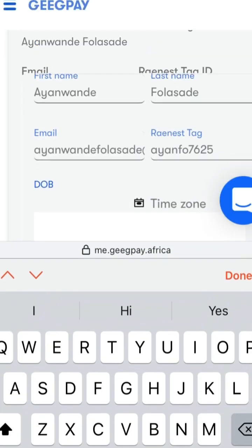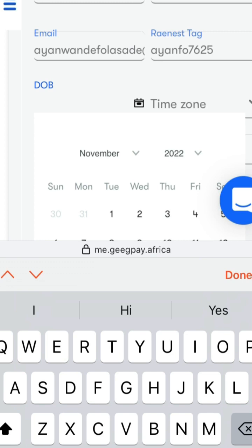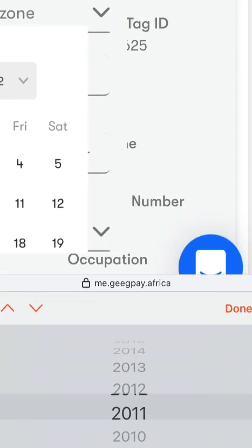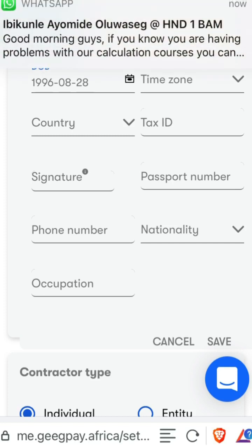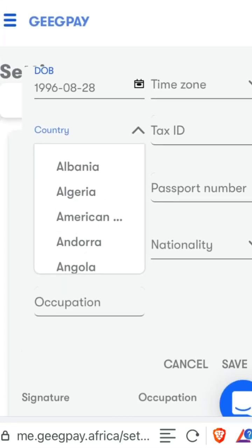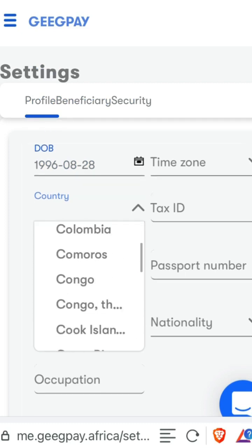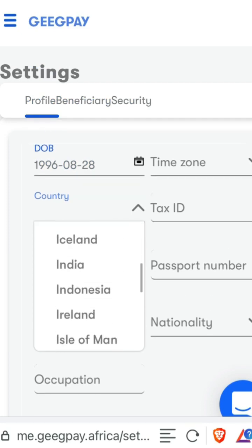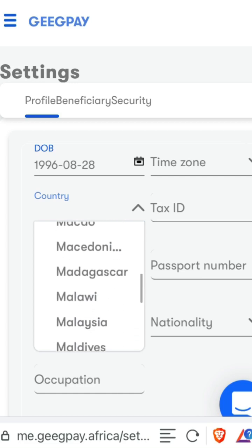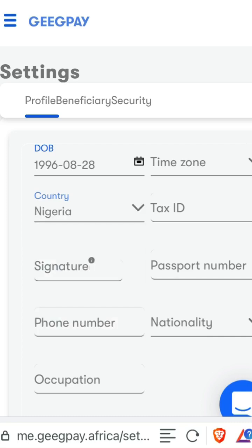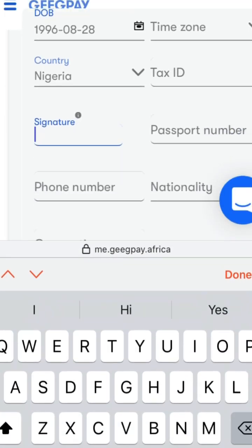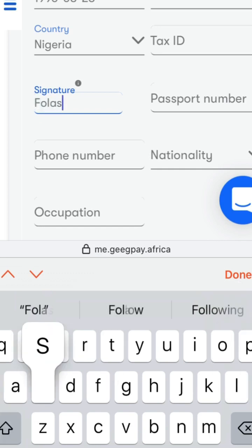So you fill in your date of birth. Once you have been able to fill in your date of birth, the next thing you'll be filling is the state. After filling your date of birth, all you want to do is to select your country of residency here. I'm a Nigerian, so I'll be filling in Nigeria here. So I click on Nigeria, and for this signature, you input your full name, since you can't use this to